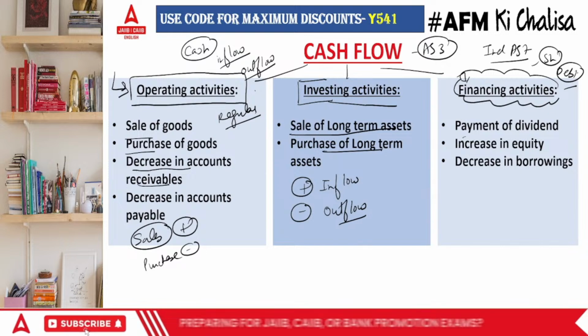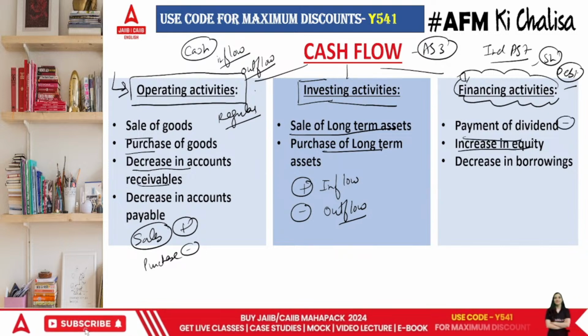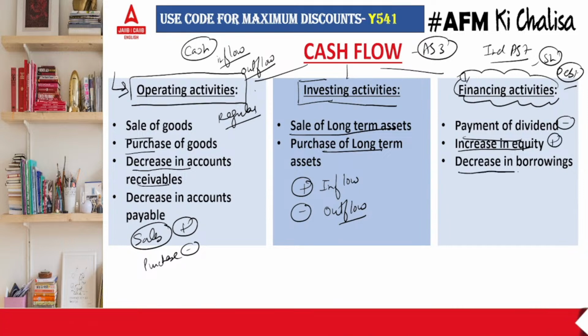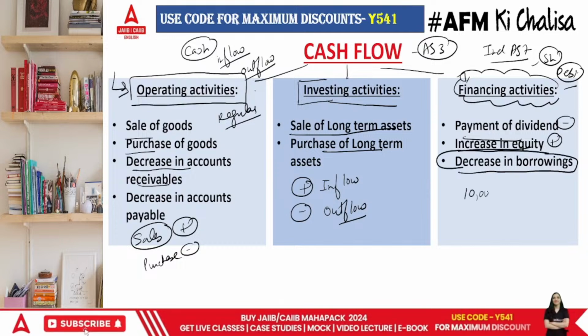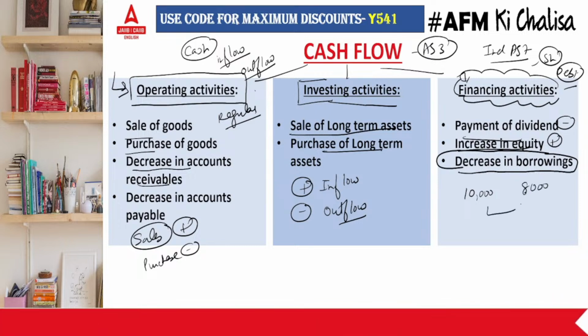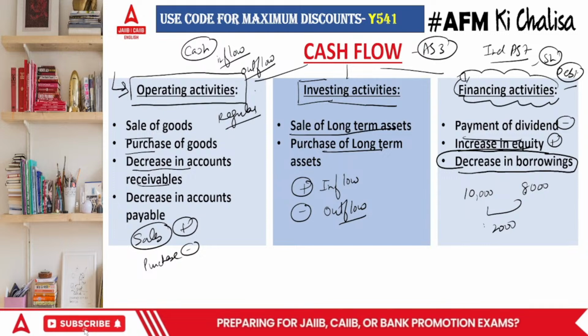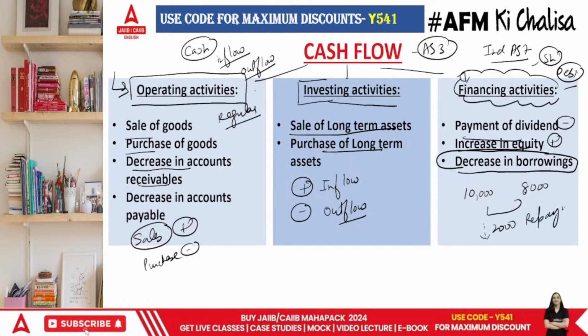If you pay dividend to shareholders, it's an outflow. If you increase your equity, you get equity shares, it's a plus. If you have a decrease in borrowings, everyone, decrease in borrowings. If I had a 10,000 rupees loan, now it is hardly 8,000. That means that 2,000 rupees decline is your repayment, and if it is your repayment, it should be a